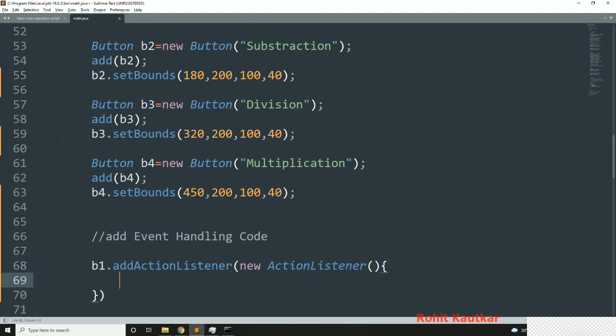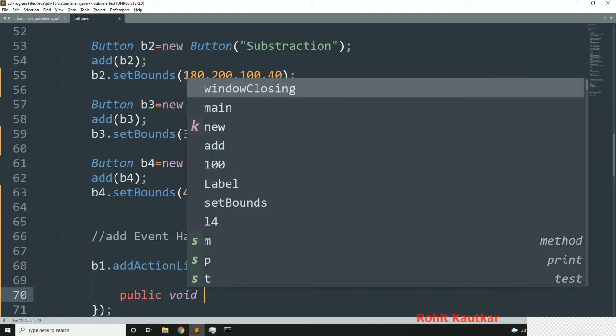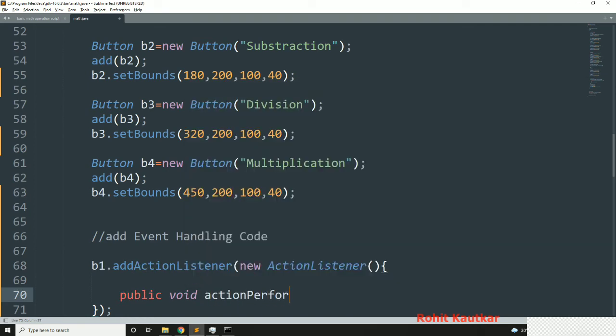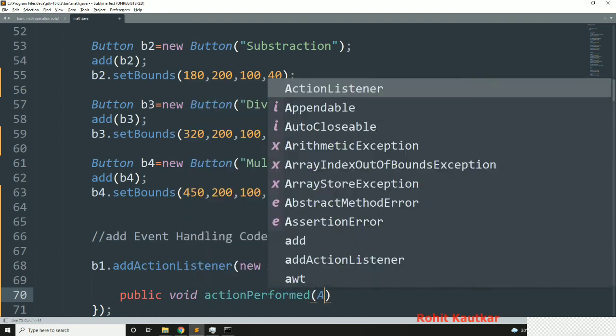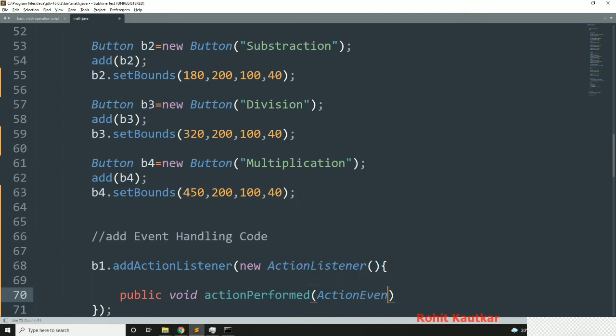Okay, and here we will implement the method action perform, and it requires the object of action event class.